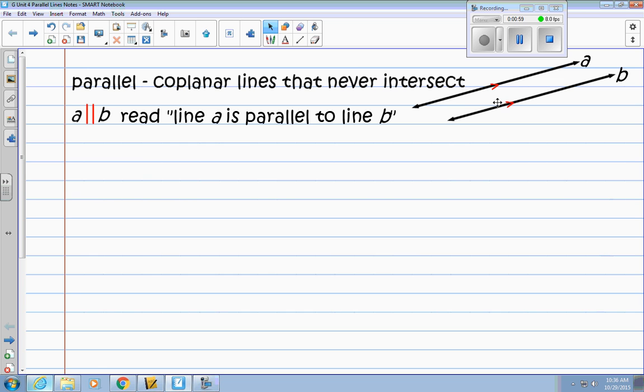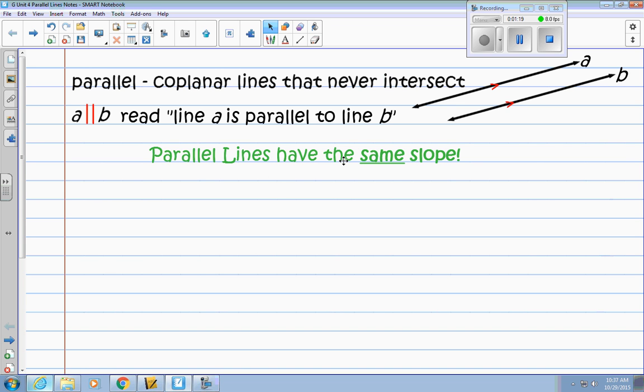If I wanted to show that two other lines were parallel and not parallel to the first two, then I would use a double set of arrowheads, for example. Very similar to what we do for congruence. And the thing that we need to know for this unit is that parallel lines have the